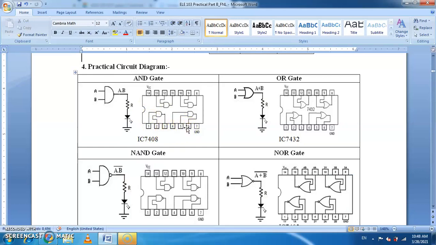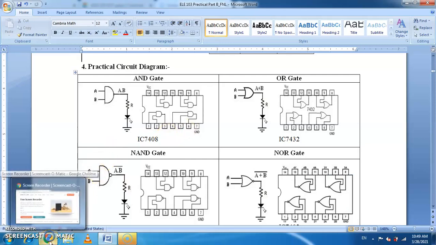So let us see how to test, or how to verify, the truth table of this AND gate using this IC. For this purpose, we consider the online software Tinkercad. Let us see how to use Tinkercad for the verification of the truth table.